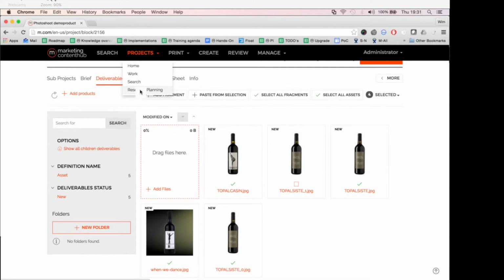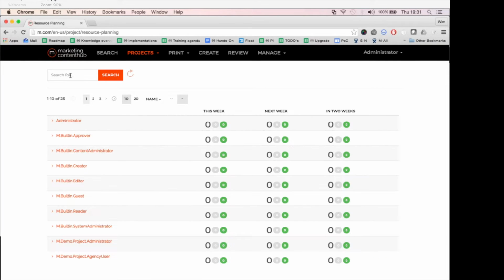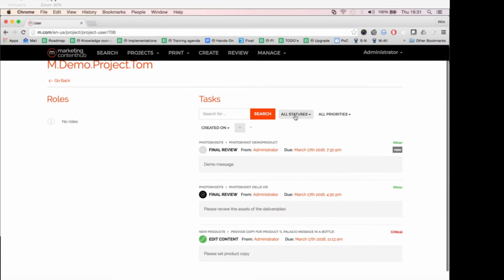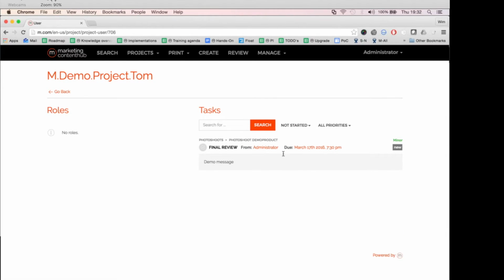go to the resource planning. So imagine that it took a while before Tom did something. I can, using the resource planning page, search for all users which are part of those processes and get insights on how many tasks they have open. If I select a certain user, I can also get info about which tasks are assigned to this user and filter on their state. So for example, I as a project manager can see that there's one task for Tom which he didn't start